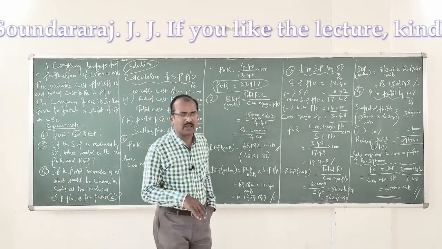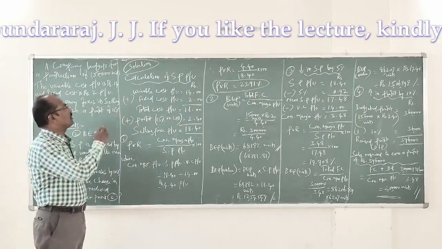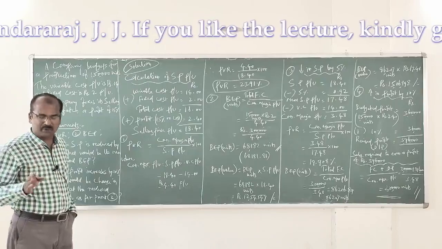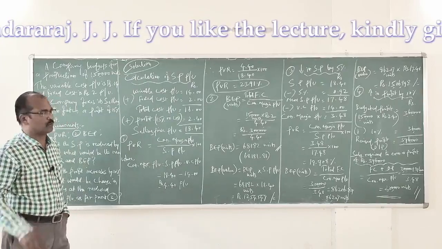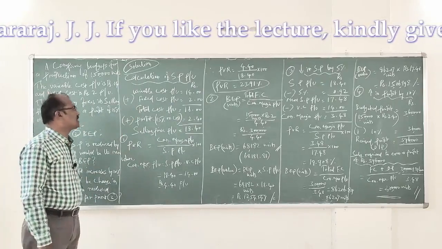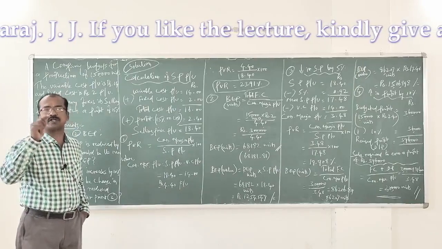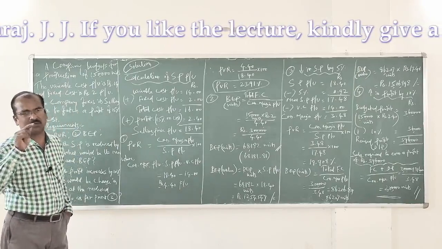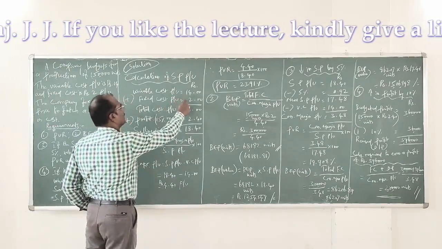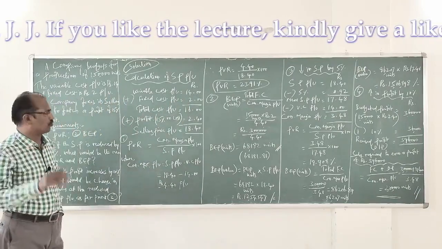Now let us get into the details of the calculations I have done. The first one, calculation of selling price per unit, which is the starting point. Before we answer the requirements, let us first calculate the selling price per unit. Variable cost per unit given in the problem is 14 rupees. Fixed cost per unit is rupees 2 when the factory produces 150,000 units of the given product. That's very important. So 14 rupees variable cost per unit plus 2 rupees fixed cost per unit, the total cost per unit comes to 16 rupees.